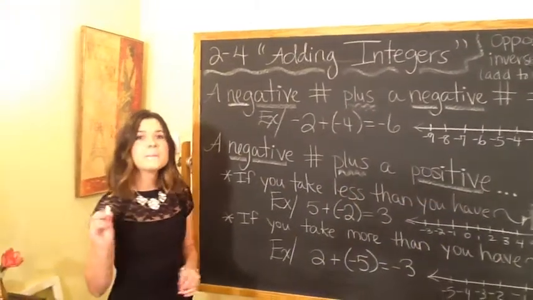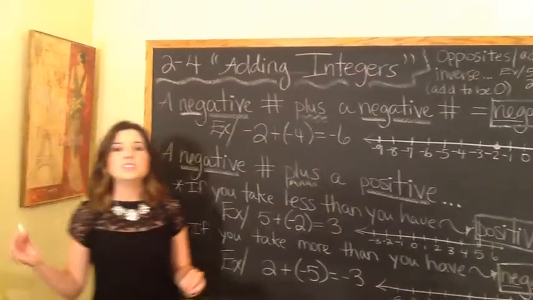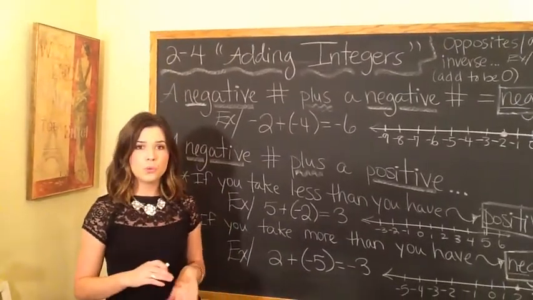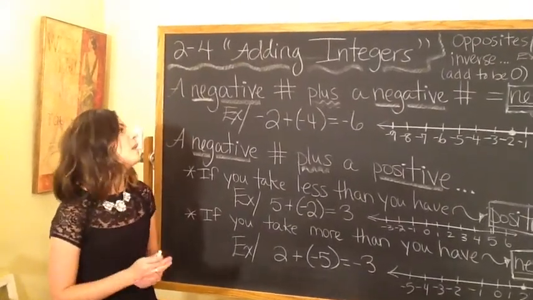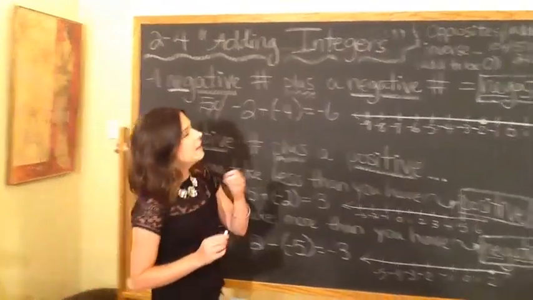Lesson 2.4. Today we're going to be adding integers. So remember, integers are positive numbers, negative numbers, and zeros. We're going to learn a few rules that we need in order to add positive and negative numbers and things like that. But the first word I want you guys to write down in your notes is the